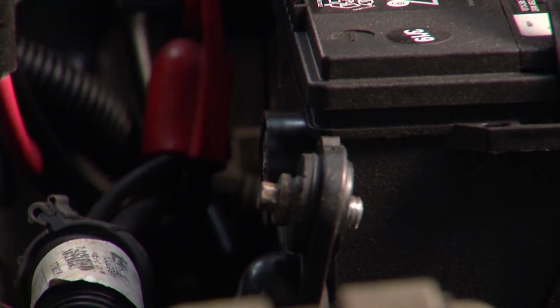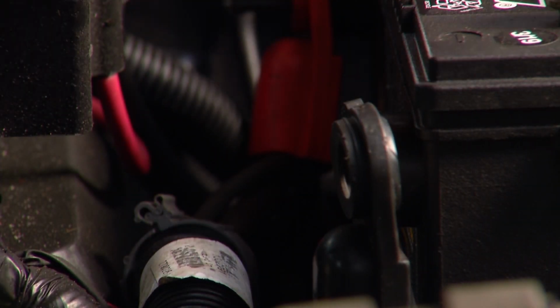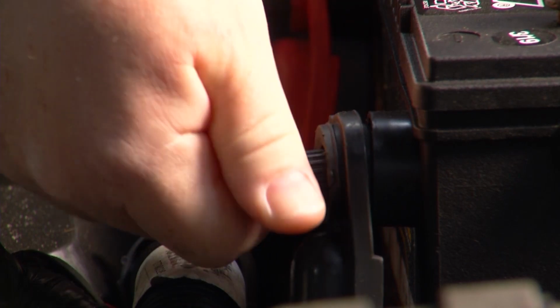Well, this is all about safety, and it's all about saving your vehicle. I mean, what are some of the consequences if you end up grounding out or shorting out batteries you're installing? ECU can go, and that's expensive. Some of the 50 amp lugs that are in the vehicles, those are expensive to replace. So anything electronic these days in vehicles,